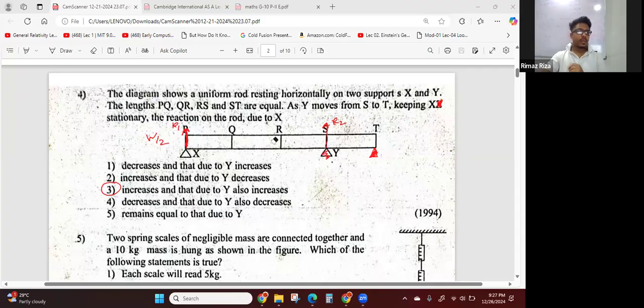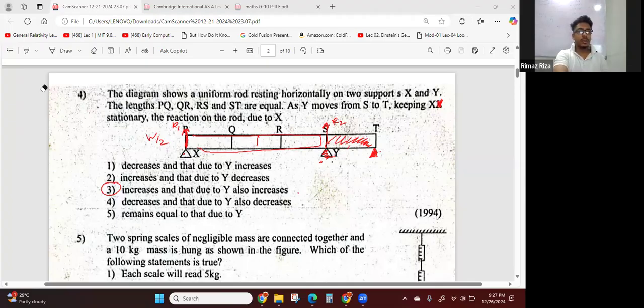But when we decrease Y to here, this additional mass should be borne completely by Y. Then in this part, the weight is less, so the weight carried by R1 will be less than when Y is at the end. So therefore R1 increases and that due to Y also increases. So that I can show you